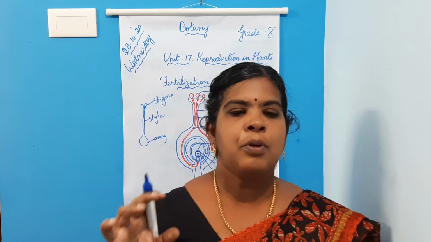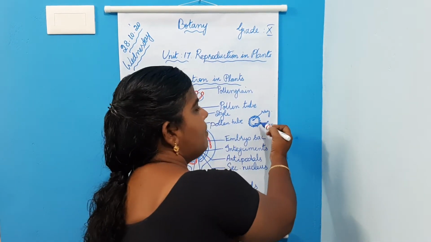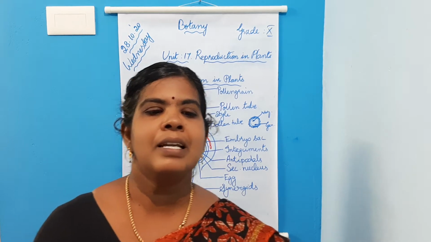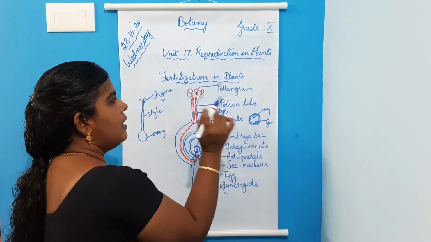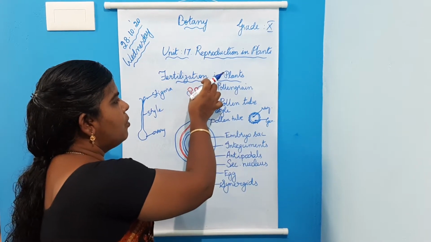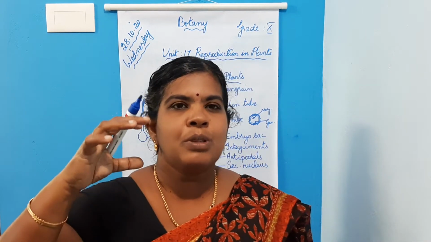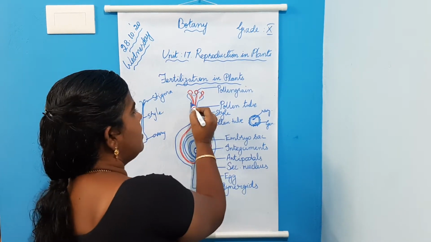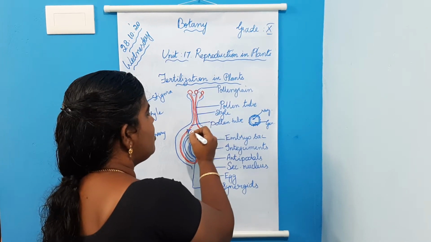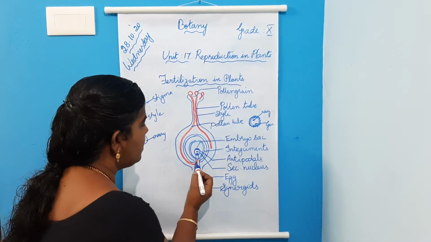The pollen grain forms a small tube-like structure, called the pollen tube, which emerges through the germ pore. Exine is provided with a small pore called the germ pore. The contents of the pollen grain, including the nucleus, move into the pollen tube. This pollen tube grows through the tissues of the style. This region is the style. So the pollen tube grows through the tissues of the style and stigma and finally reaches the ovule through the micropyle.